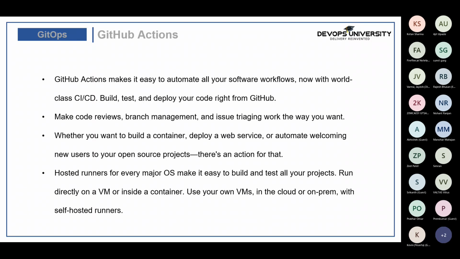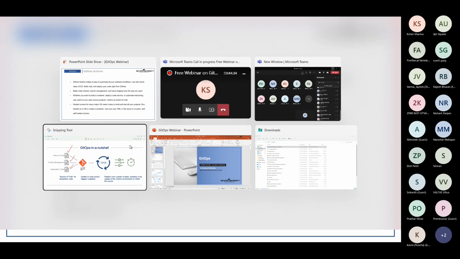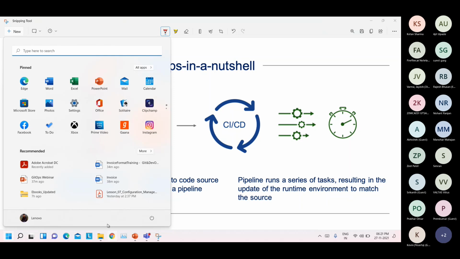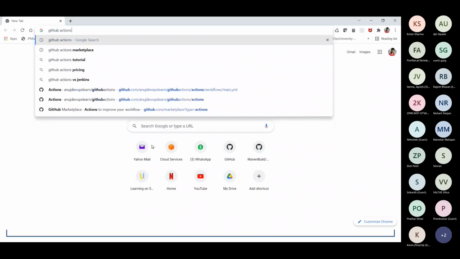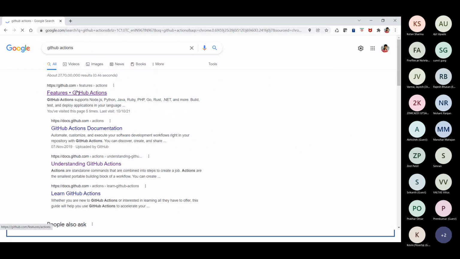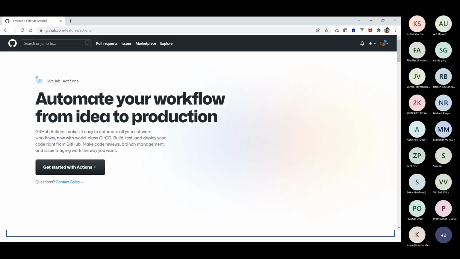Now, about GitHub Actions: I'm going to GitHub, and when I go for GitHub Actions, this is a cloud solution, because right now I'm using a cloud account of GitHub.